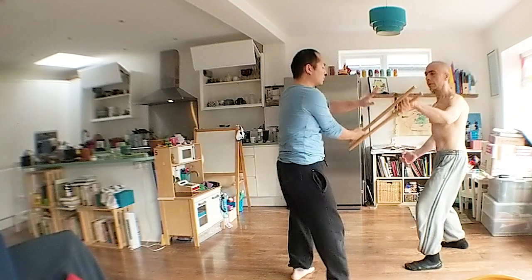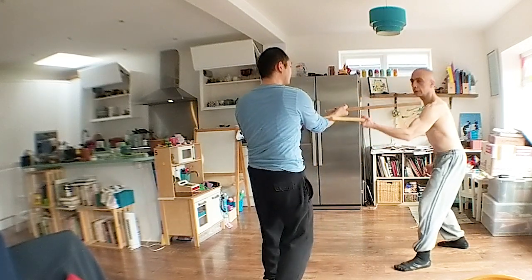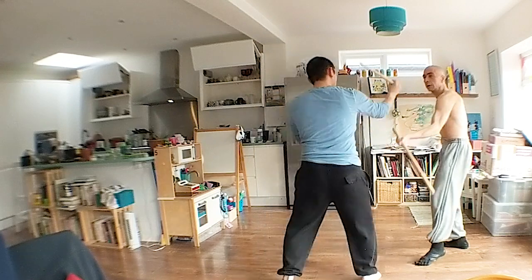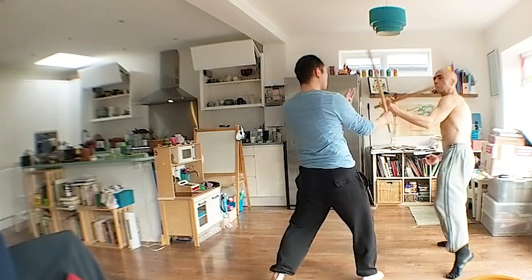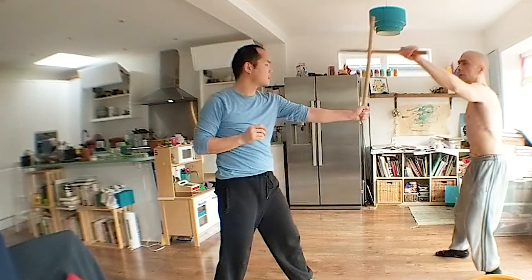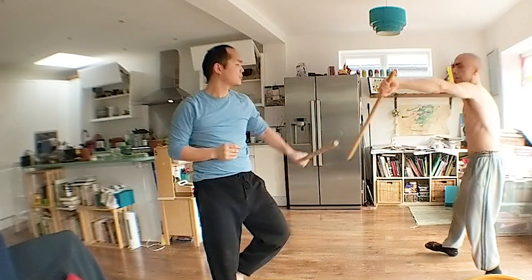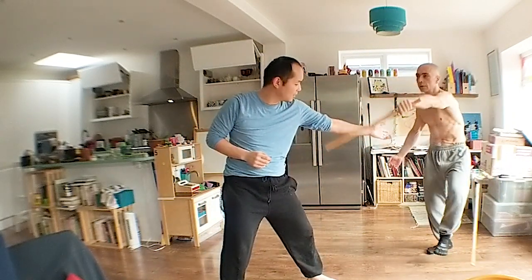Now, you might think that's risky, but if you've got the ability to spin the stick in all directions, it's actually not risky, because you won't lose the stick. The stick will move, and you will move with the stick, and you'll move it into another circle and into another whip back to another attack. So there you can see a lot of this twisting, rolling. There you go, a nice little backwards roll, down and up,